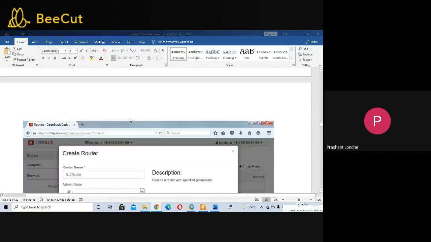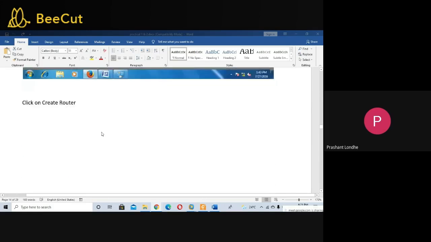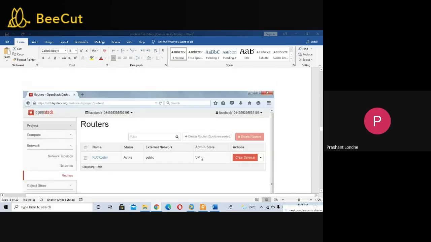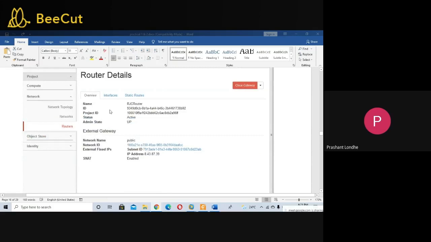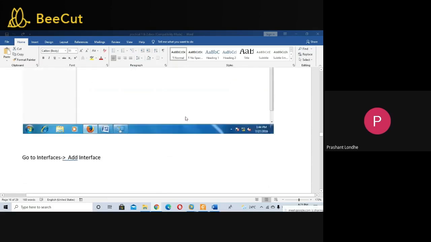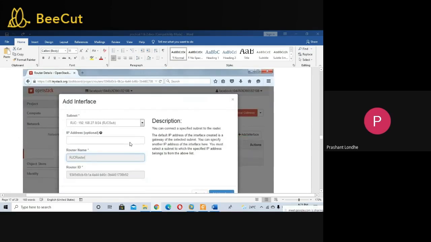Then you need to create the networks. First you will create the router, so you will specify the router name. Here you will create the router for the communication. You can see the router details from here. After creating the router, you need to add the interfaces, and the interface is nothing but adding your subnet.